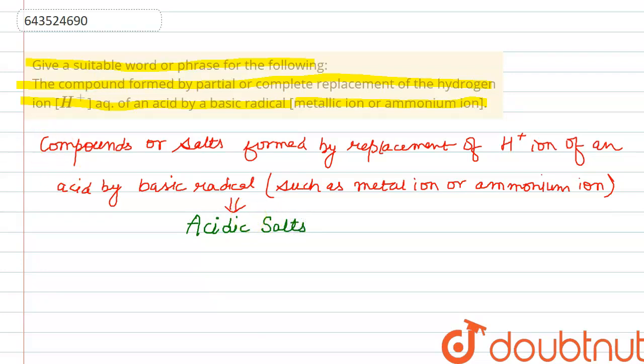For example, if we react hydrochloric acid HCl with ammonium hydroxide, then it is going to form ammonium chloride